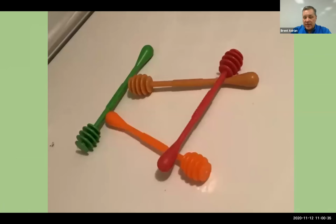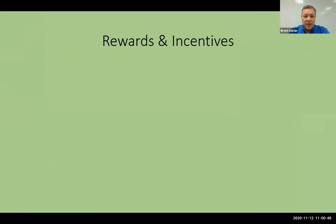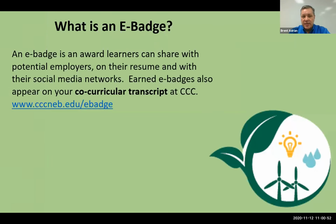We incorporate some of this in student activities, such as these bee dippers that are created by students in our advanced manufacturing program, and we get to hand those out as swag to people. So as we talked about the rewards and incentives, and I finished this conversation up, we have developed a digital